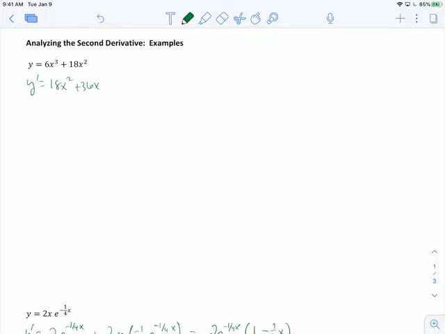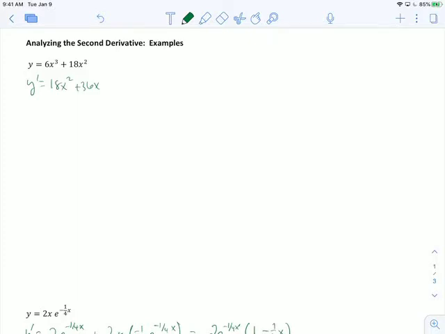We're going to calculate the second derivative, we're going to set it equal to 0 or find where it's undefined, and then we're going to set up a number line, pick test points, and determine the sign of the second derivative on each of those intervals, and that will allow us to conclude what intervals the function is concave up and concave down. So I'm going to look at 4 of the functions that we looked at in the previous section,